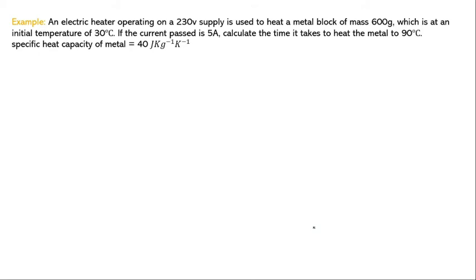Alright, let's have a look at one final example. So we have an electric heater operating at a 230 volt supply, used to heat a metal ball of mass 600 grams, which is at an initial temperature of 30 degrees Celsius. The question says if the current passed is 5 amperes, we have to calculate the time it takes to heat the metal to 90 degrees Celsius, and we are given the specific heat capacity of the metal to be 460,